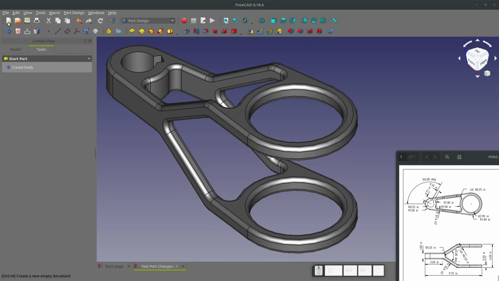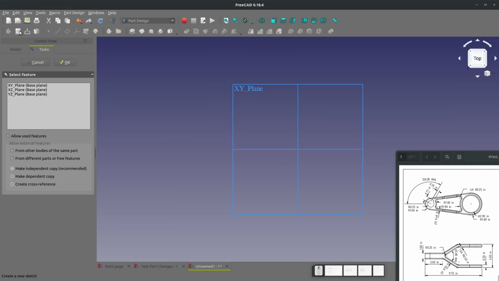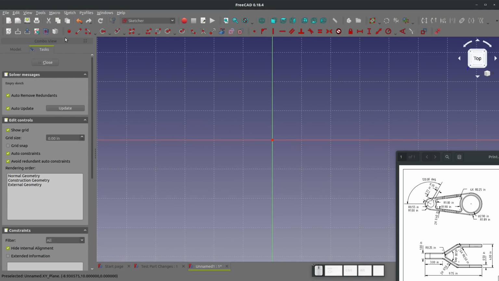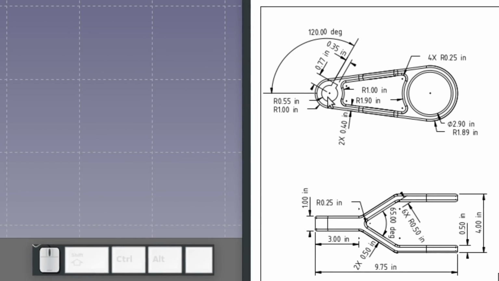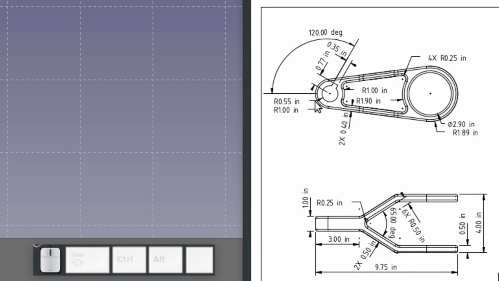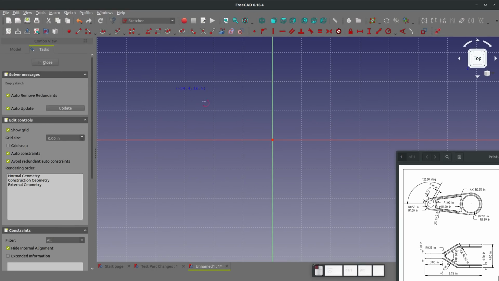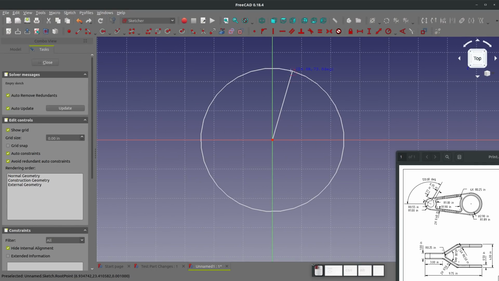Let's get started by creating a new part, a new sketch, and choosing the XY plane. So from here, the origin placement is going to be arbitrary, but I'm going to put it right in the middle of this circle. And I know that this circle has a radius of 0.55 inches. So we'll grab a center and end point radius,